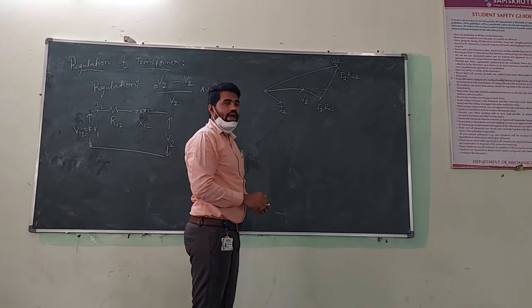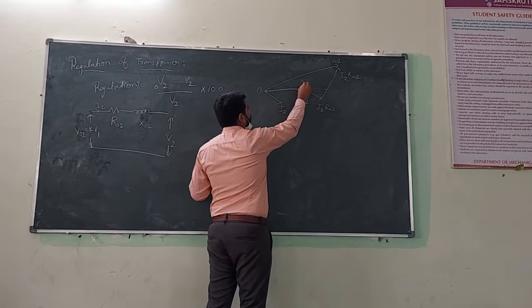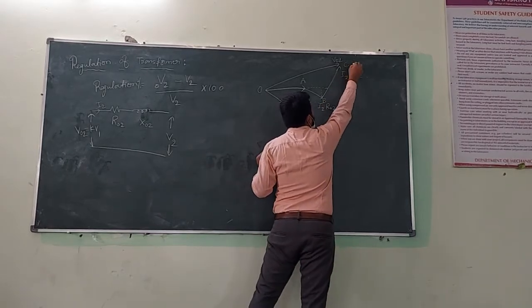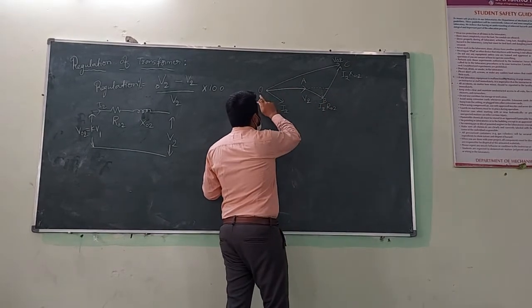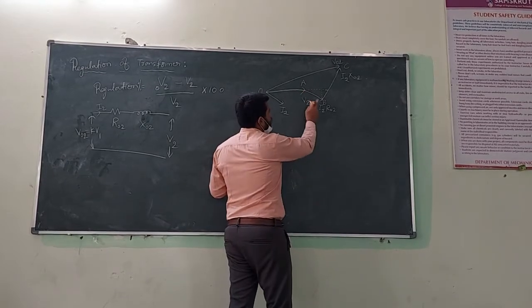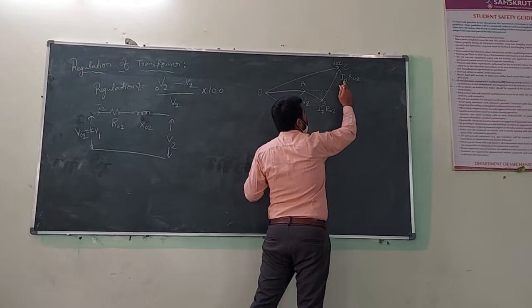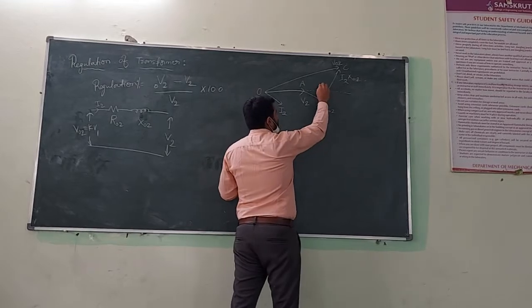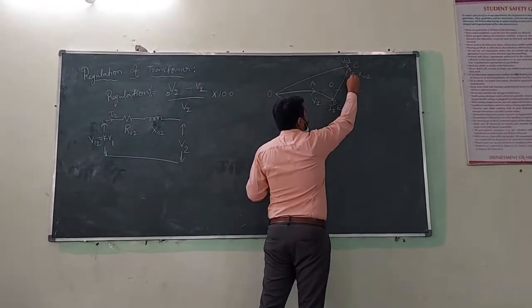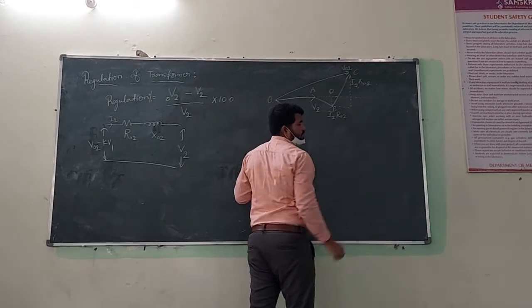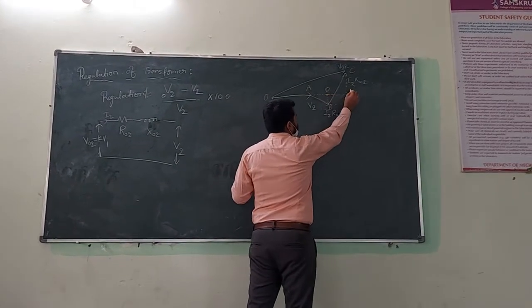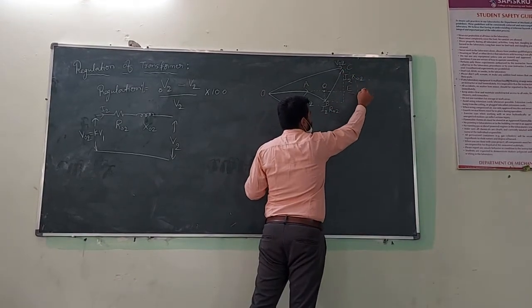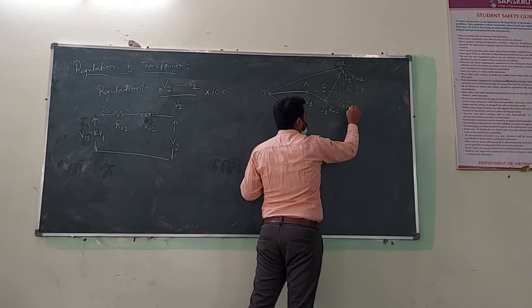To get the V02 value, I am taking O to A. This point I am taking B, this point I am taking C. Is that clear? What is the value of O to A? V2. And A to B? I2 R02. B to C is I2 X02. And I am extending this line. Here I am taking D. Here D, and up to this is E. Clear? And if I extend, this is F. Here I am taking G.